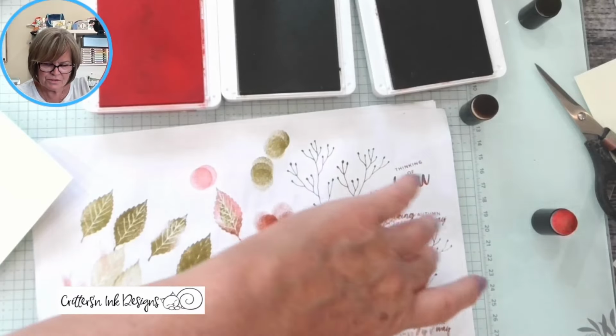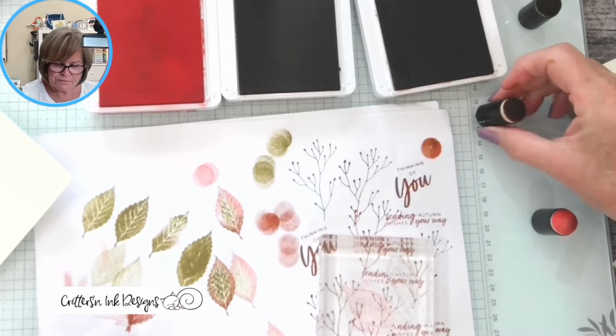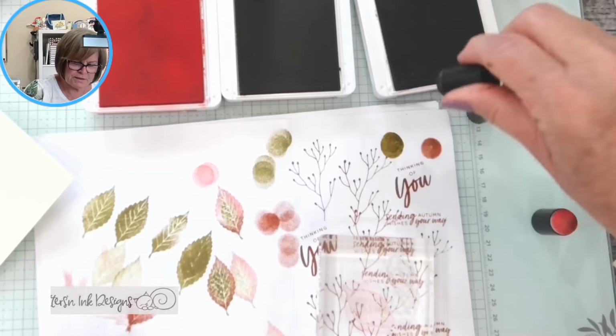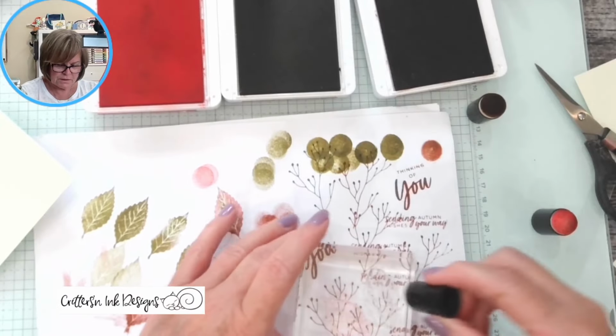And now let's do the oak tree. We'll do the same. Which one is that? Cajun Craze. Make sure we use the right daubers and the right ink. Actually, this is very inky. Maybe that's why it's so...